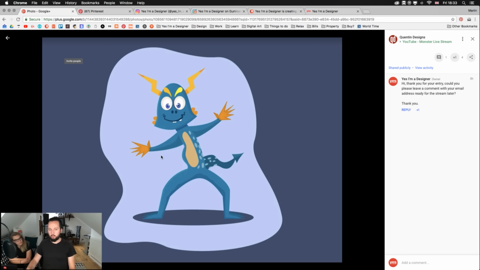But still, we wanted to mention that this is a really nice work as well. My only point that I would make here is that the posture is good, but it could improve a bit, especially the legs. I'm not sure which leg is in front and which leg is behind, so a little bit of indication of that would have been helpful.